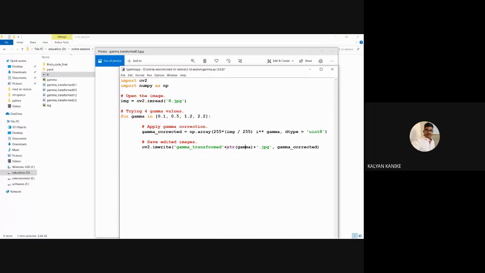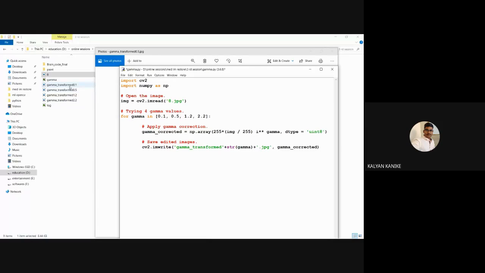To convert it into a string we use this keyword. Next .jpg is the extension of the file, particularly for images. Whatever gamma value we give, the name changes accordingly whenever it is saving.